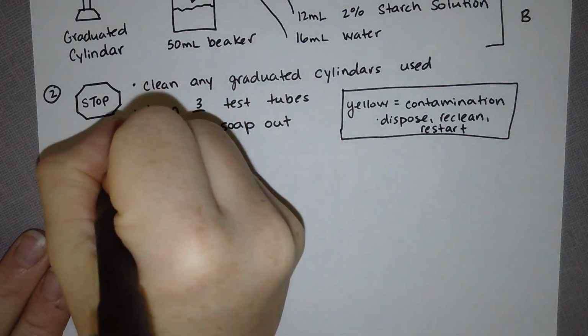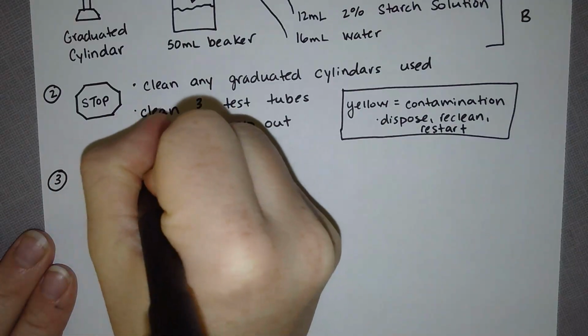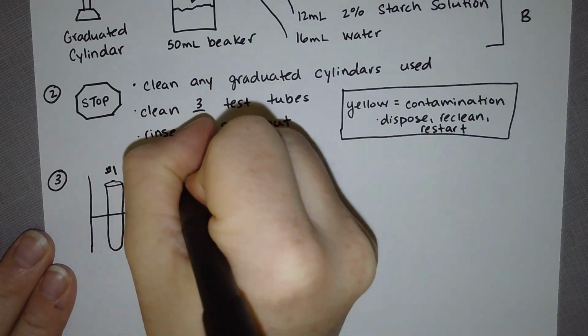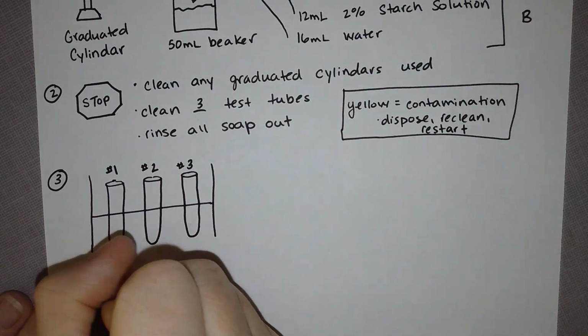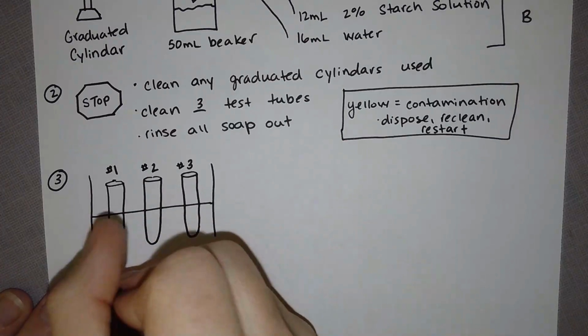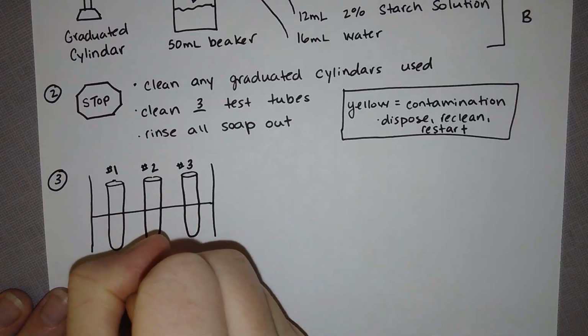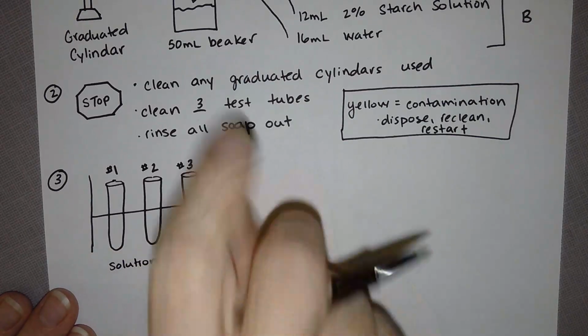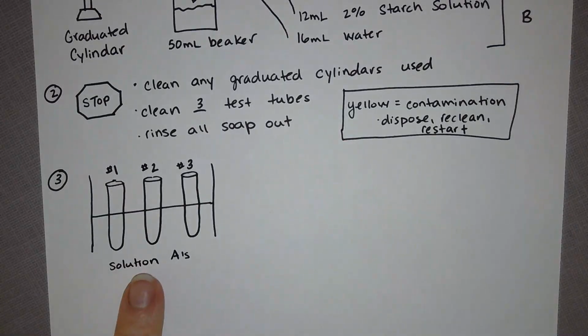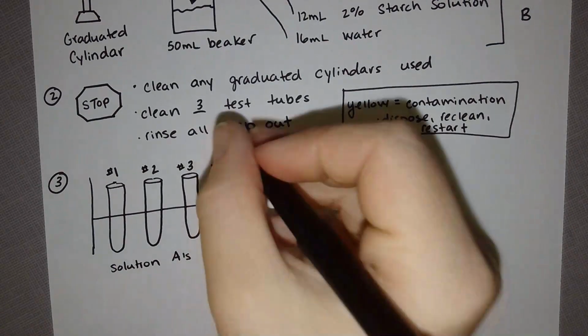And we're just going to call them from left to right: test tube 1, test tube 2, and test tube 3. Now, into each of these test tubes, we are putting varying concentrations of solution A. So solution B, we only have 1 beaker of, but we have 3 solution A's. In test tube number 1,